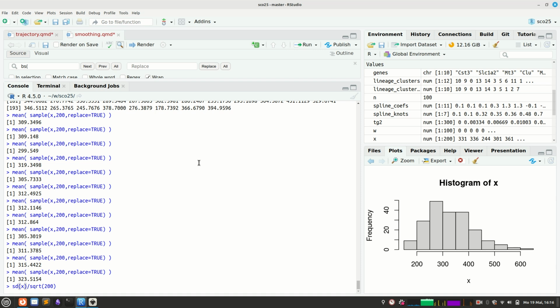Because no matter what you have, it might be a very complicated procedure that you have to do with your data, where you came up with a complicated analysis plan where you have to do this step and that step and that step with your data, and then in the end you get a value and you want to know how precise this value is. When you take a new bootstrap sample, by pulling values from your sample with replacement, and repeating this 100 times, always run through your whole procedure, and then you see how much the result scatters. And that's the precision of your result. The catch is